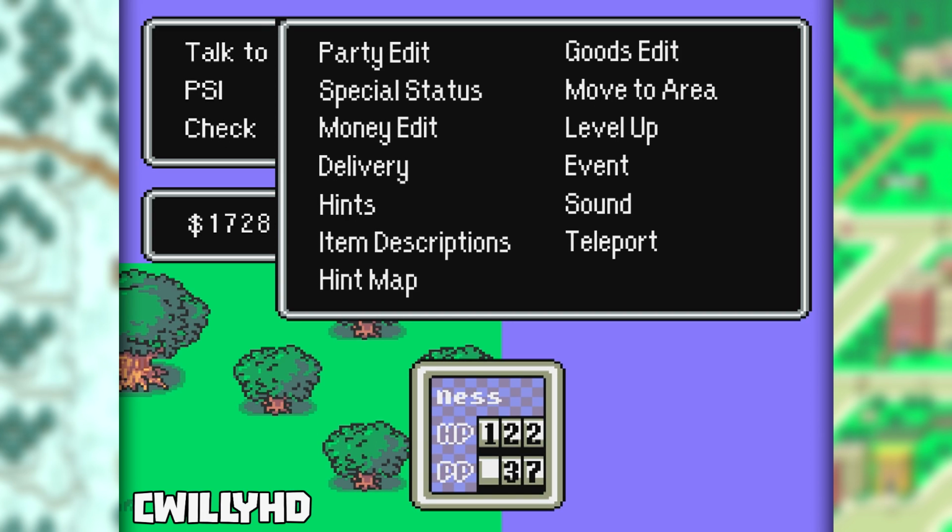Here are the rough translations for all these menus. Going over these really quick are Party Edit, which can add or remove party members, Special Statuses, which can give status ailments to characters like Diamond Eyes, Money Editing, which can change the cash on hand or in the ATM, Delivery stuff like Escargot Express and Mock Pizza, Hints from the hint guy based on your input, Item descriptions like when you press help on the goods menu, again input based, Hint map marks the hint shop on your map,